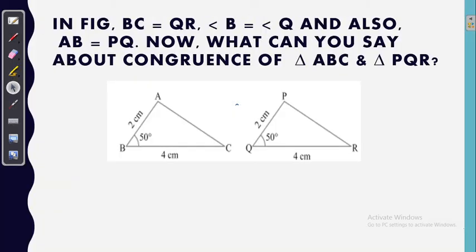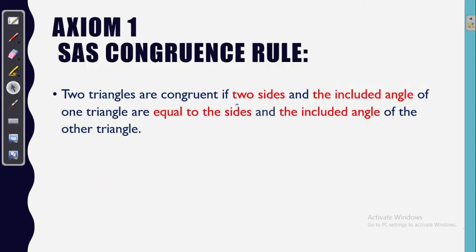So we have seen all these things. Now we will state this generally as an axiom. It is nothing but the SAS congruence rule. So what does that say? What do you think that will be saying? So here we have SAS. Yeah, tell me. Two triangles are congruent. Yes, someone was saying something. Yes, Ramya, tell me.